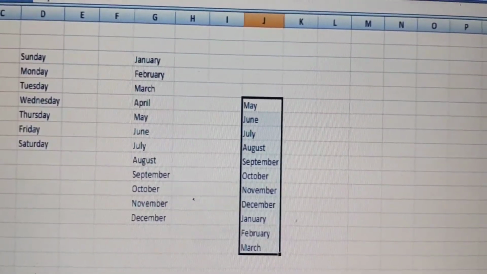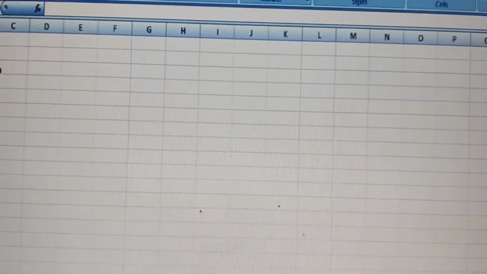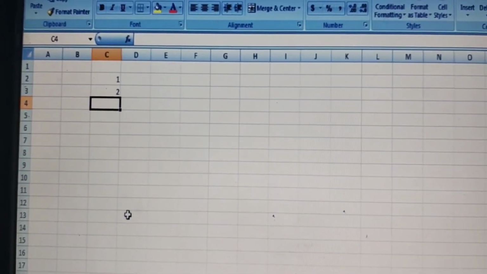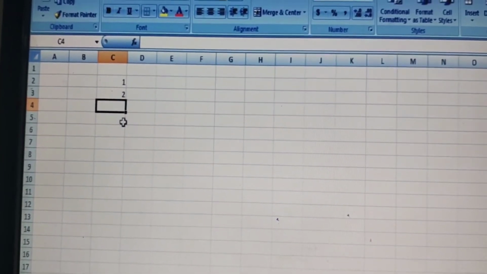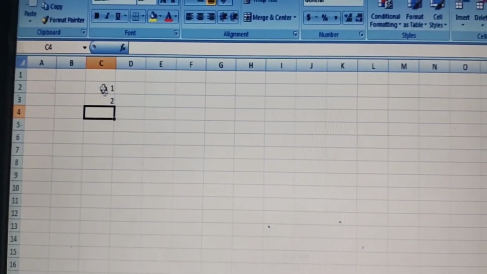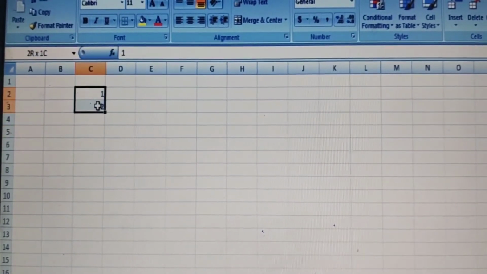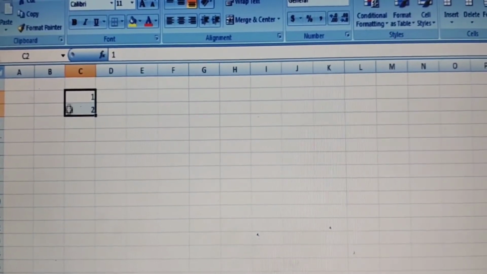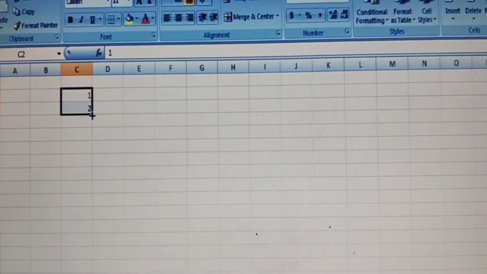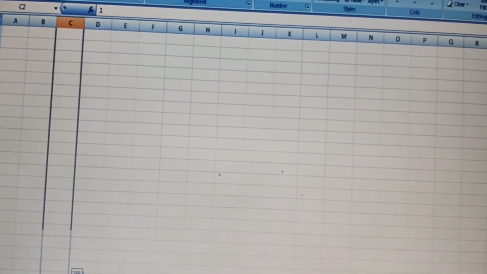Let's perform generating a series on numbers. So let's have 1, 2. For generating numbers, you need to enter two numbers. For generating text, you mostly write in one cell only, but for numbers, you need to write in two cells. So first select both contents, 1 and 2, then keep the mouse pointer on the edge of it, changing it to plus, click on it and drag it. Automatically, as much as you want.